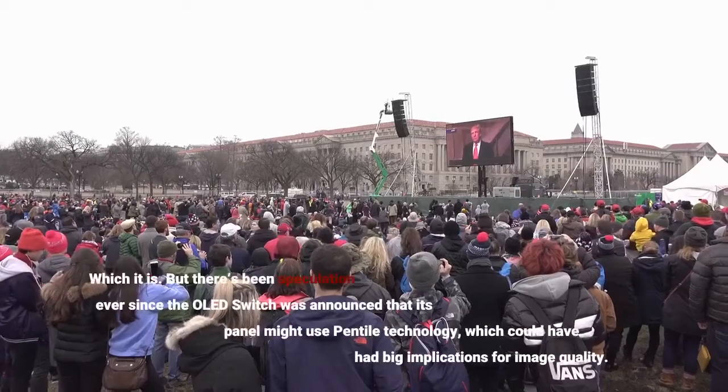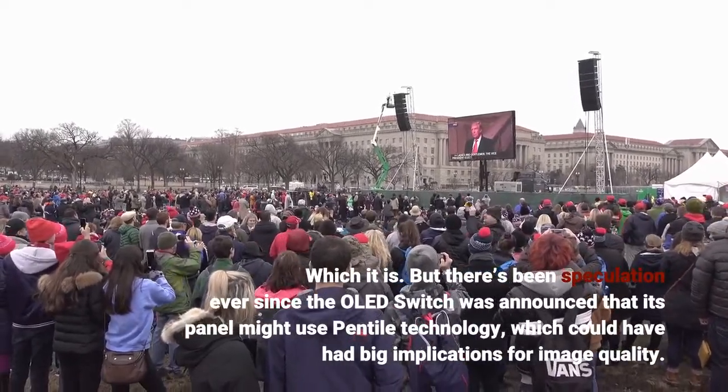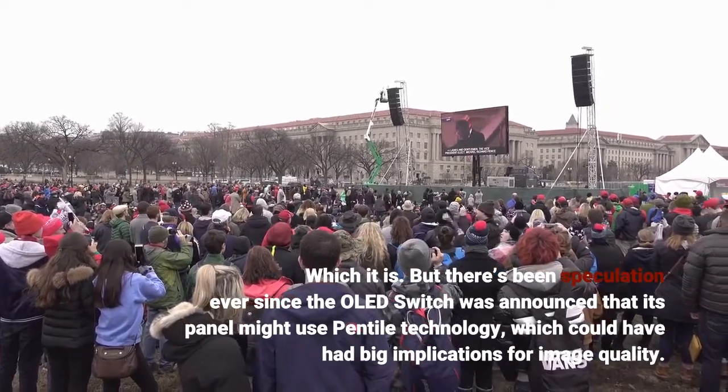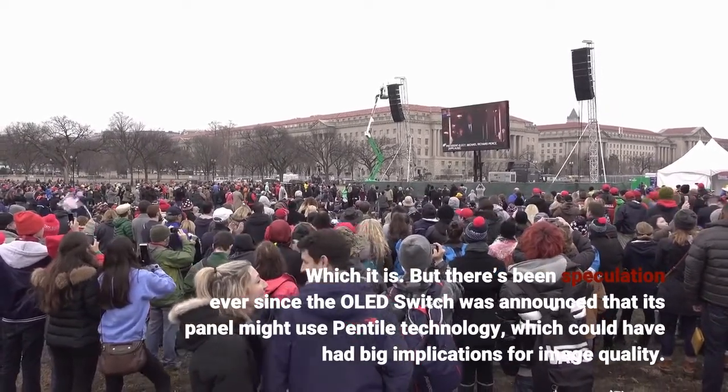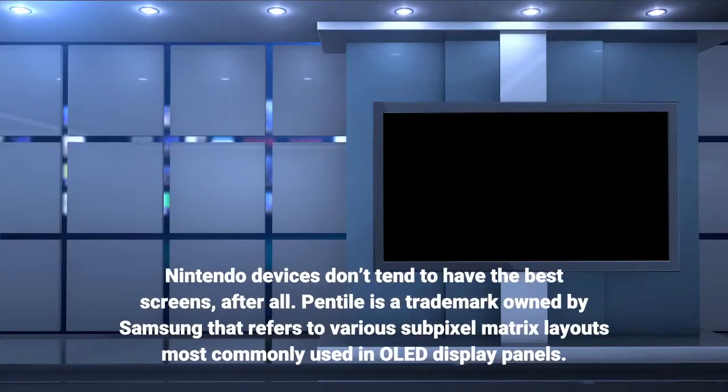which it is. But there's been speculation ever since the OLED Switch was announced that its panel might use Pentile technology, which could have had big implications for image quality. Nintendo devices don't tend to have the best screens, after all. Pentile is a trademark owned by Samsung that refers to various subpixel matrix layouts most commonly used in OLED display